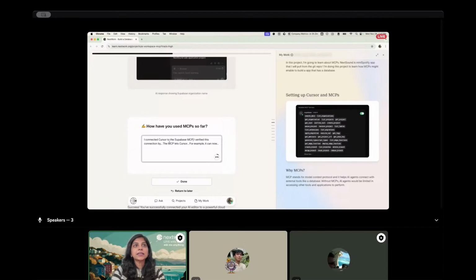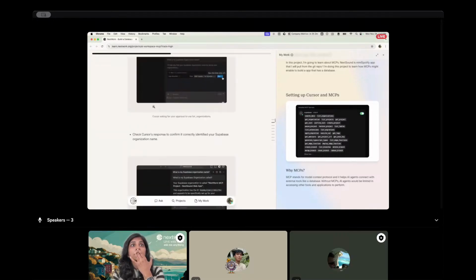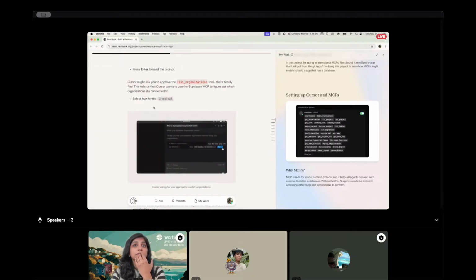I verified the connection by asking the Cursor agent to look through and return the name of the Supabase organization. The MCP lets Cursor